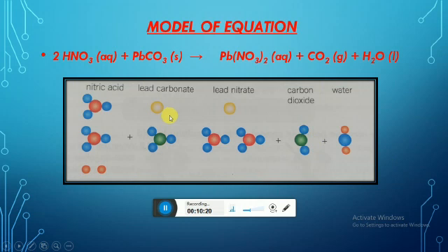And at the end we have water, which is H2O, and you know H2 is two atoms of hydrogen. So on the most left side, at the bottom, we have two hydrogen. Those two hydrogen atoms are attached with the oxygen,